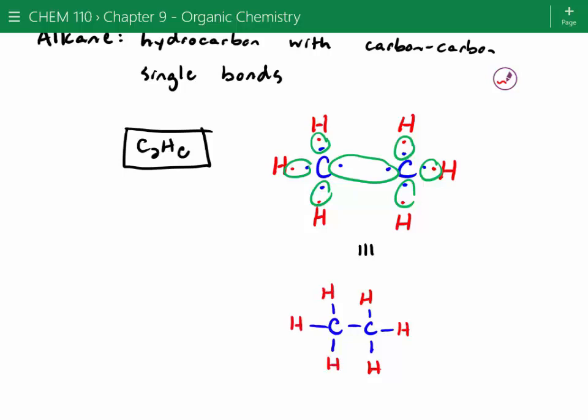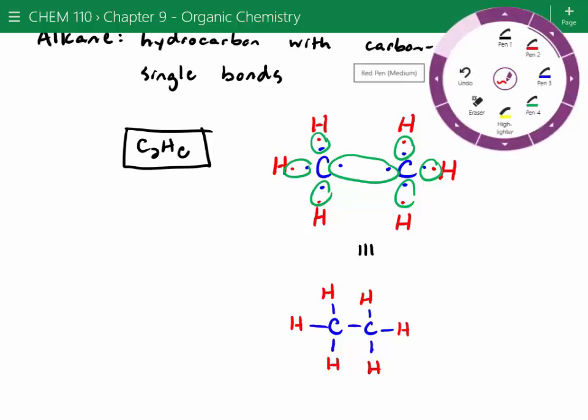And now we can see quite clearly that those carbons are singly bonded together. They don't have a double bond or anything like that. What's the shape around each of those carbons? This is some review. So let's ask ourselves how many things are around each of these carbons, whether or not they're bonded atoms or lone pairs. Go 1, 2, 3, 4. So it's got 4 groups around each of these carbons, which means it's going to be tetrahedral, right? Because none of those are lone pairs. So in this case, we can draw it using the 2-dimensional structure, but we know that these are going to be more tetrahedral.